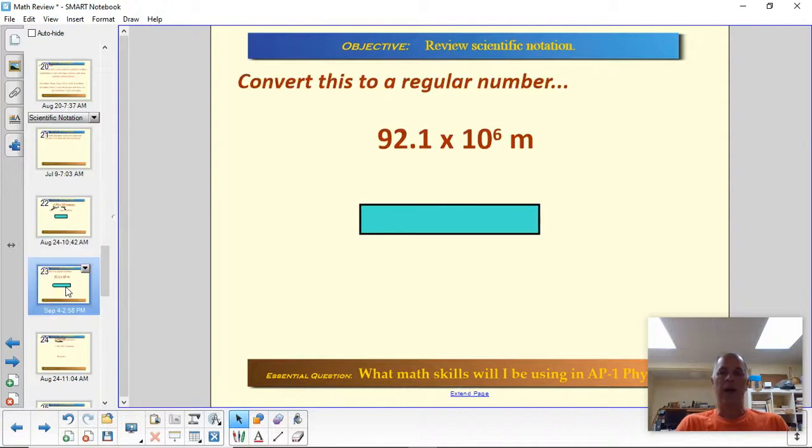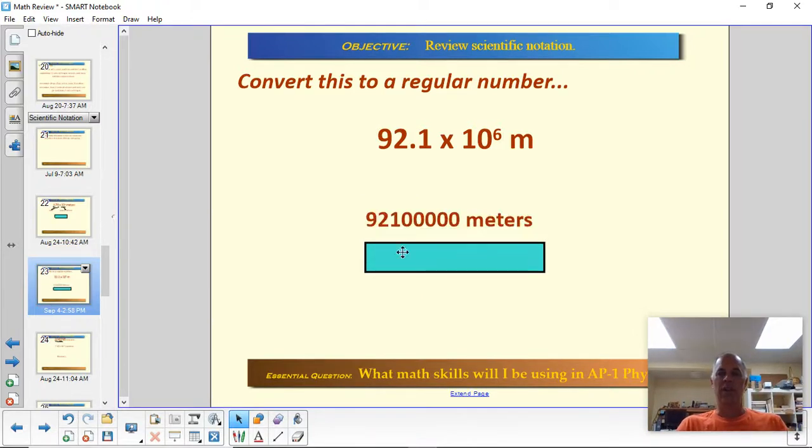Okay, here's another one. See if you can convert this: 92.1 times 10 to the 6 meters. What would that be in non-scientific notation? If you need to pause the video right now, do it, and then we will give you the answer in 3, 2, 1. Here we go. This is the answer. 921,000,000 meters is what this comes to. So basically 92 million